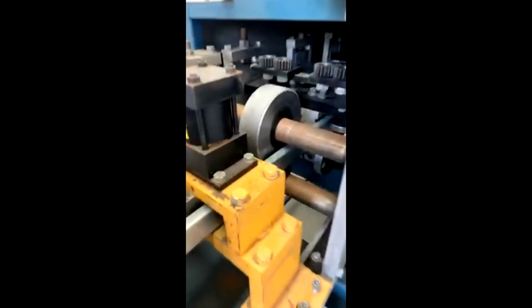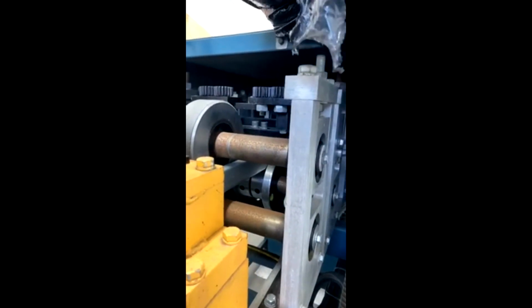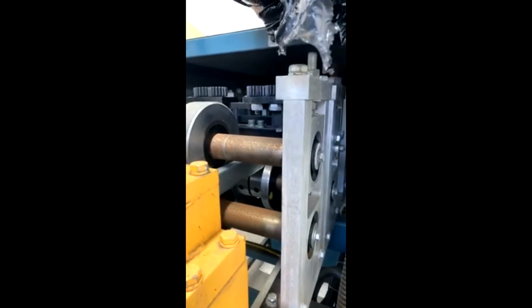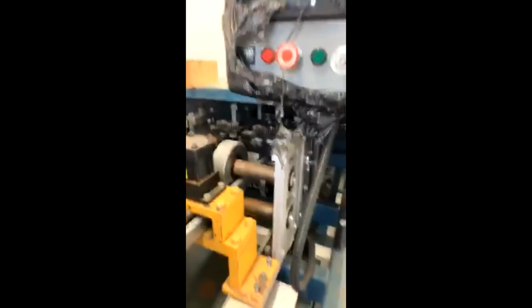Again, those shafts are 1.5 inch. And 1, 2, 3, 4, 5, 6, 7, 8, 9, 10, 11. Looks like 10 or 11 stations, if that's what